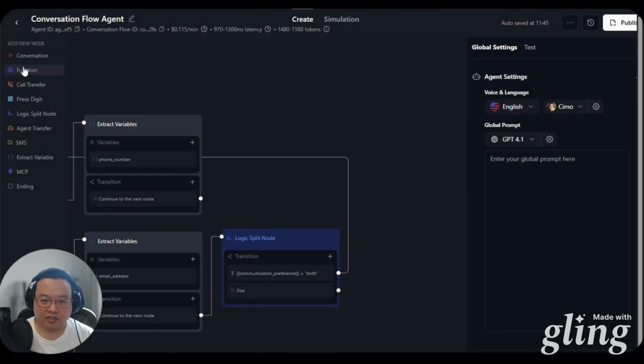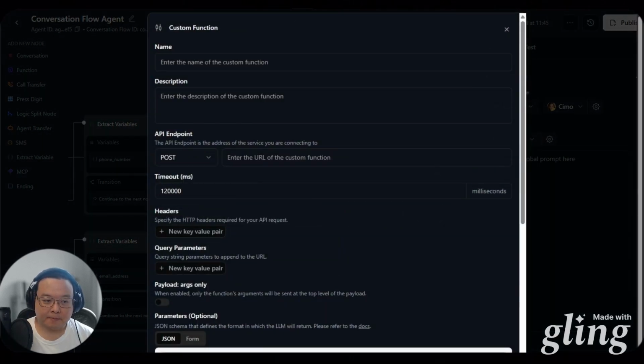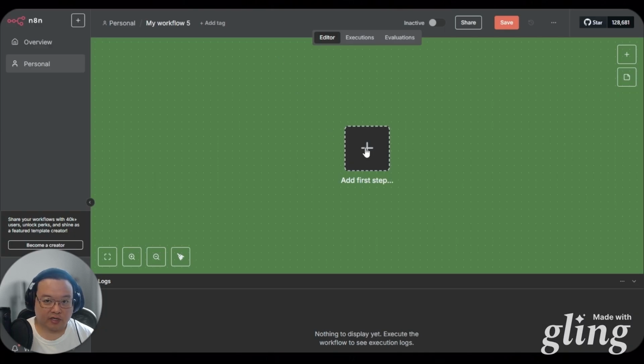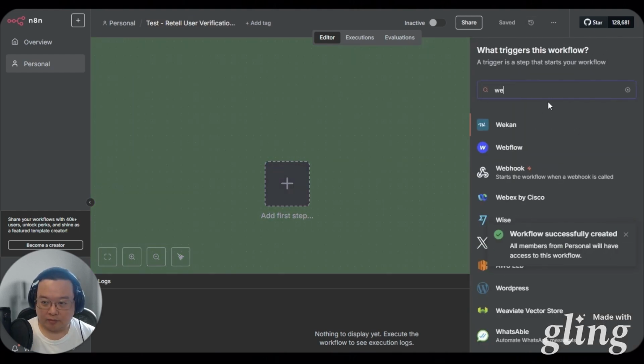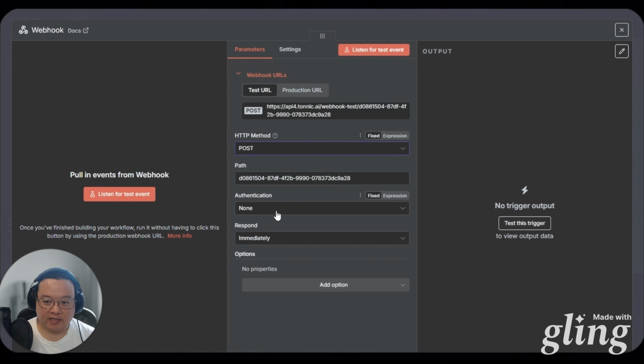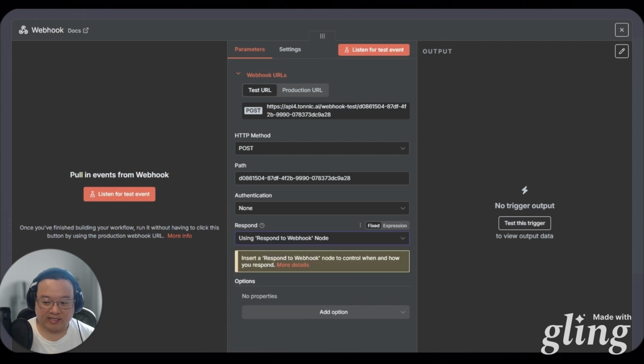If you click on this function on the left, it'll bring up select function. You're going to want to go to custom function. Okay, so I'm just going to create a brand new workflow here. I'm going to call this test Retell user verification. So the way we're going to want to trigger this is putting in a webhook. You probably want to add some authentication on this. I'm not going to. I'll show you where you can do that, but I'm just basically going to set up a generic webhook. I'm going to change this to respond via webhook